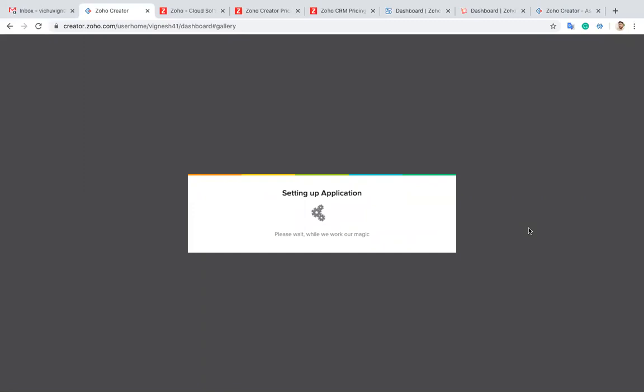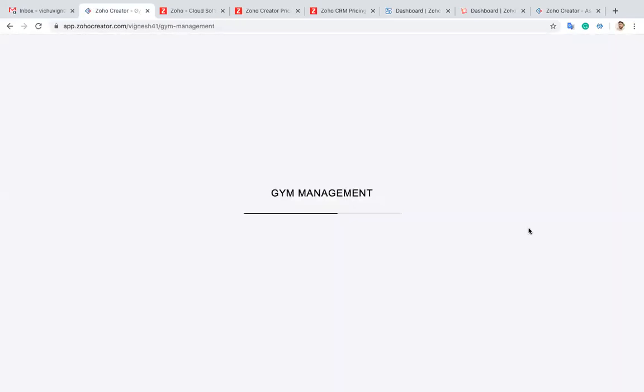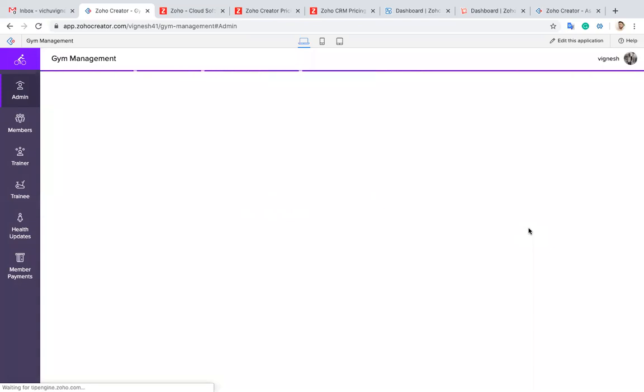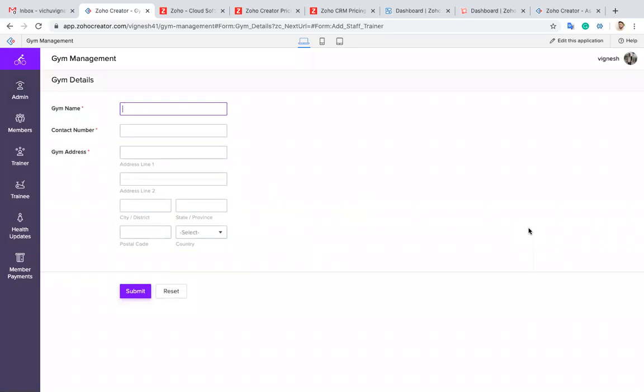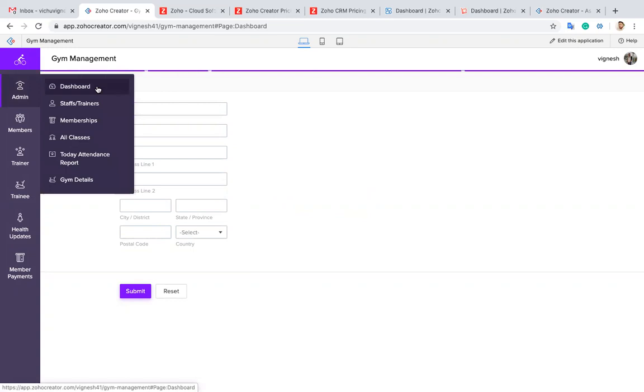Then try it for a couple of days. Then you can get to know if you need any customization. A separate developer is available for Zoho Creator application development. You can also find Zoho solution providers and partner companies. You can hire them for customization. They will help you develop a more beautiful application. So that's it. You can see the different forms and dashboard.